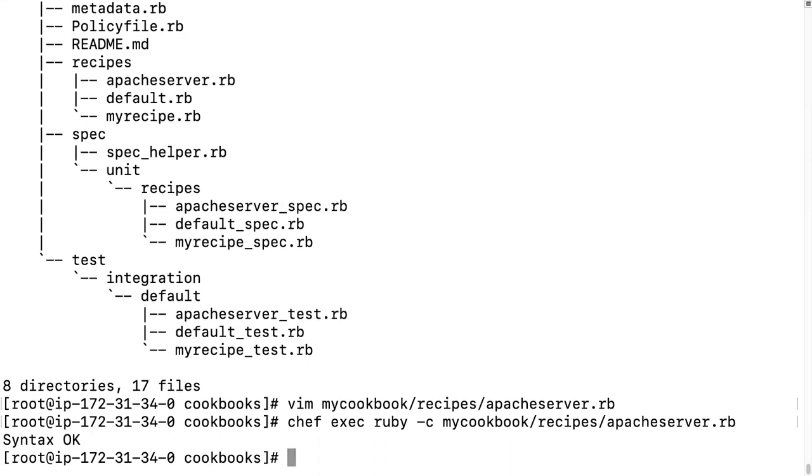Let's check. Syntax is okay. That means my code is okay. And let's run. So here I only update my recipe name, Apache server. So let's enter.